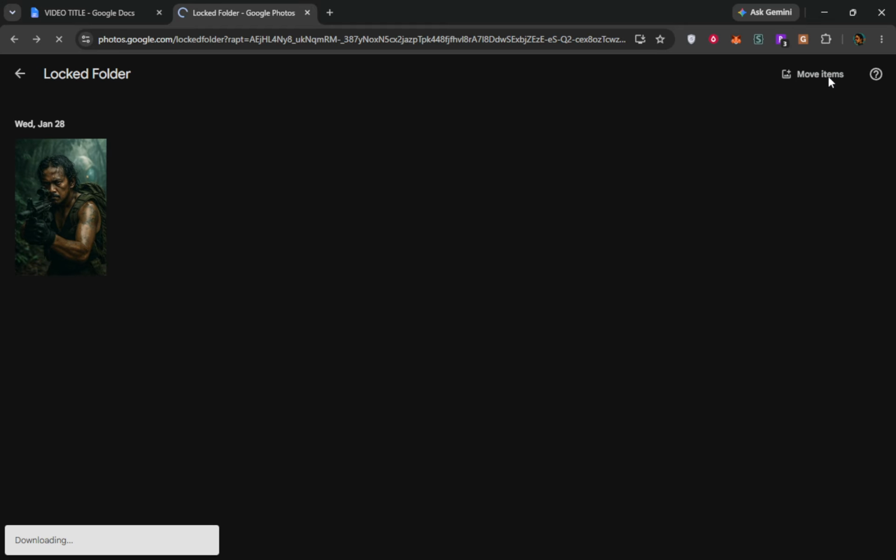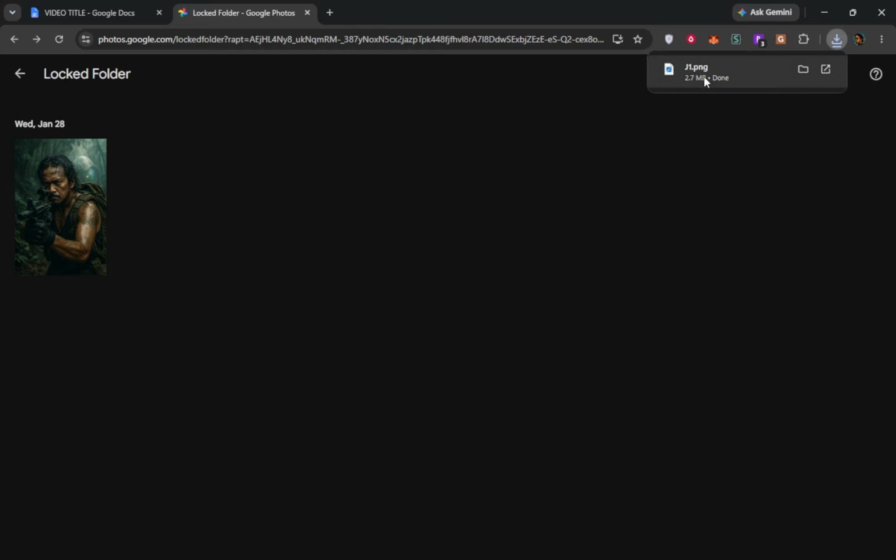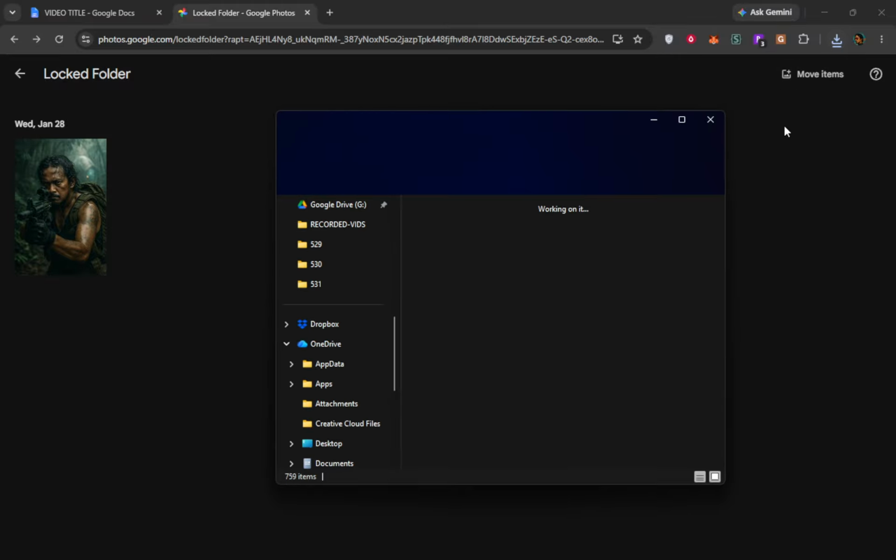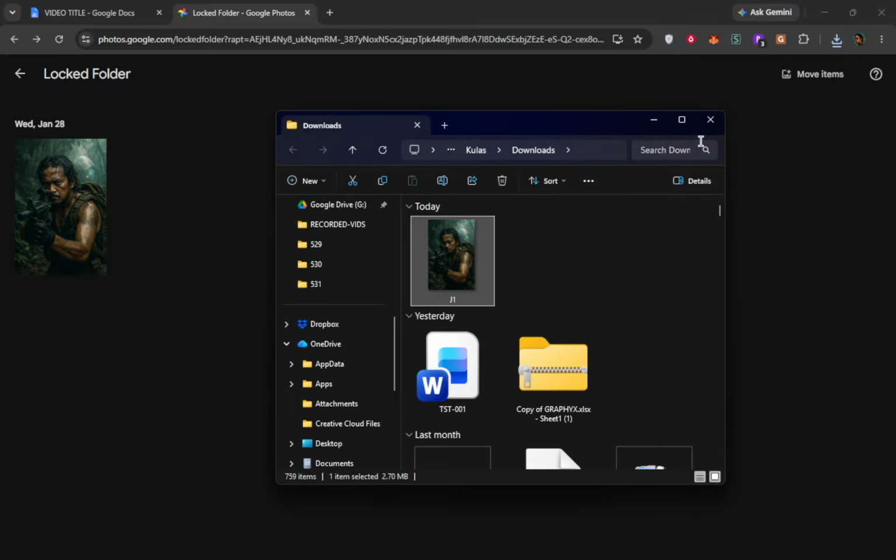There are also a few important things to keep in mind. Items inside locked folder cannot be shared until you move them out first. Also, if backup for locked folder is turned off and the app is reset or removed, those items could be lost. So if the photos are important, it's a good idea to move them out or download them before making major